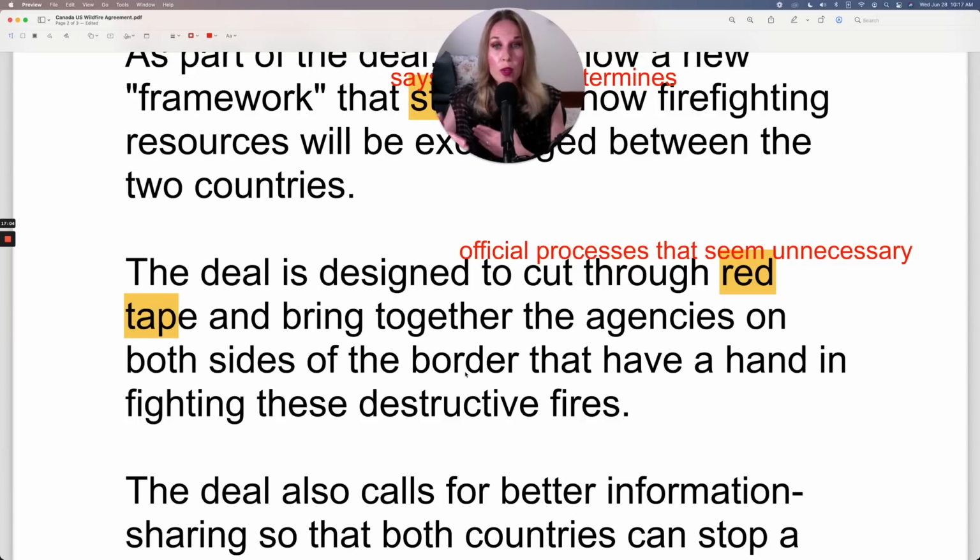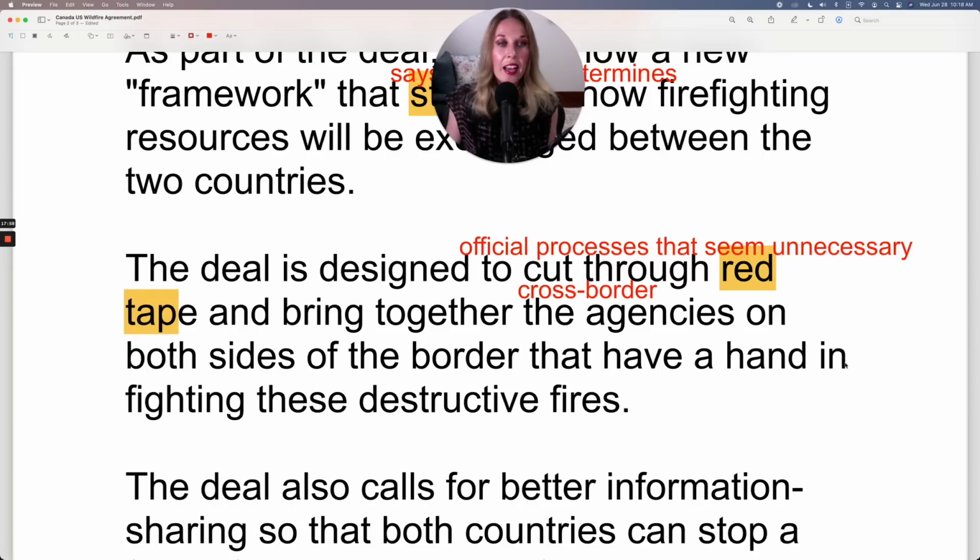Remember that other expression was cross-border. So you could use that as an adjective and say, and bring together the cross-border agencies. Now, of course, in Canada's case, it's Canada and the US. But the US also shares a border with Mexico. So it could be the US and Mexico, could be cross-border. So whatever country that you border with would be the cross-border agency or country